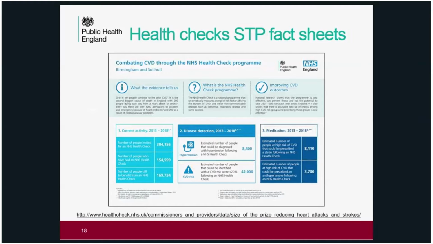And so for each STP area, it highlights the potential benefits of the health check program. As well as looking at the activity of the health checks program on the left-hand side, it then starts to estimate perhaps the number of new cases of disease that may be identified, and the number of possible new prescriptions for high blood pressure and high cholesterol. So if we go on to slide 19,